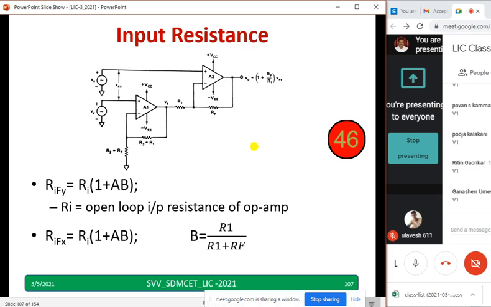That's all. And this derivation you have done. When you are giving directly to the op-amp input terminal, and if you have a negative feedback, then the input resistance is given by Ri into bracket 1 plus AB. The derivation is done. If you do not remember, then it is dangerous. Always have to recall gain of the inverting is given by minus Rf by R1. Non-inverting is given by 1 plus Rf by R1. Summary also I have shown you. Input resistance is increased by 1 plus AB. 1 plus AB is common, either it will increase or decrease. That also I have told you many times in the class. In the summary also I have shown you. Let us go to the next.